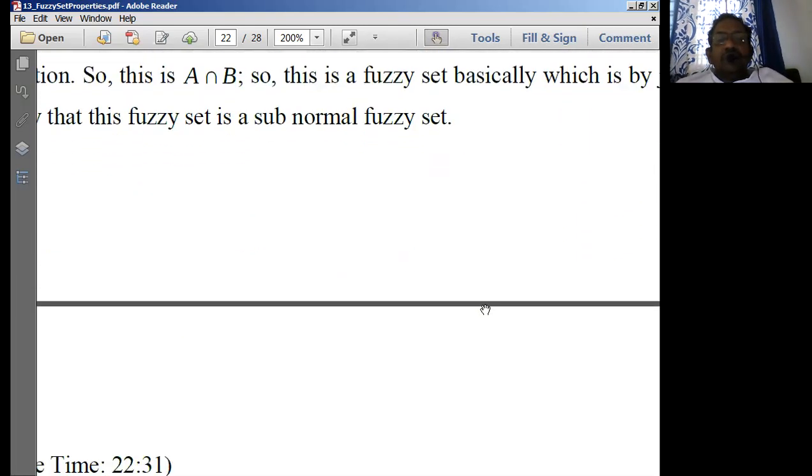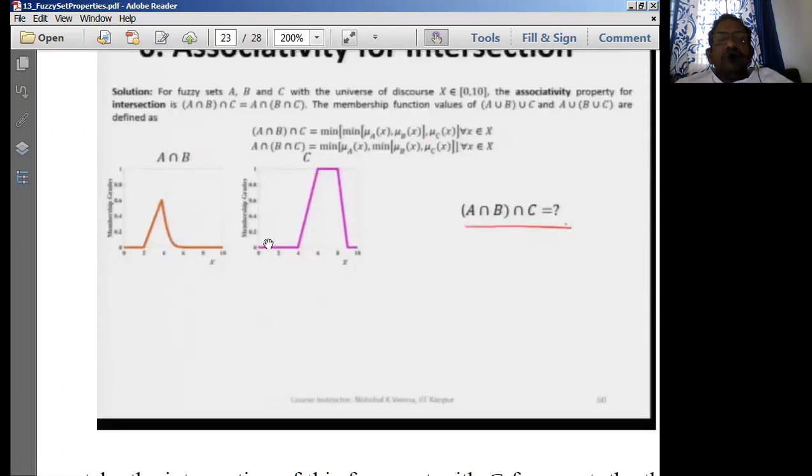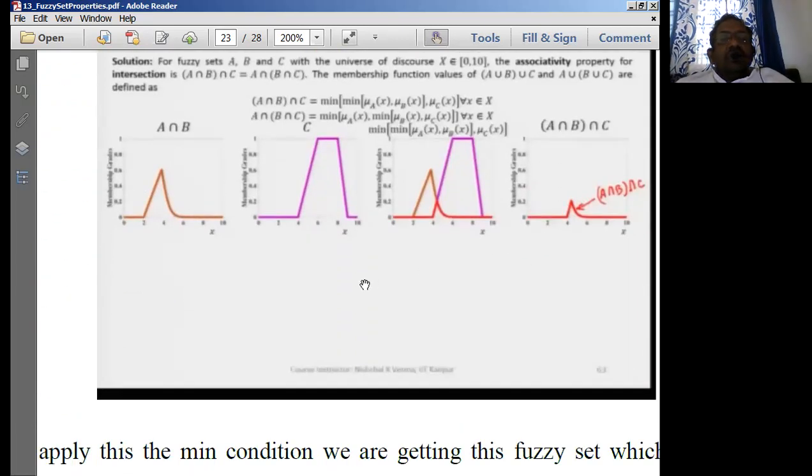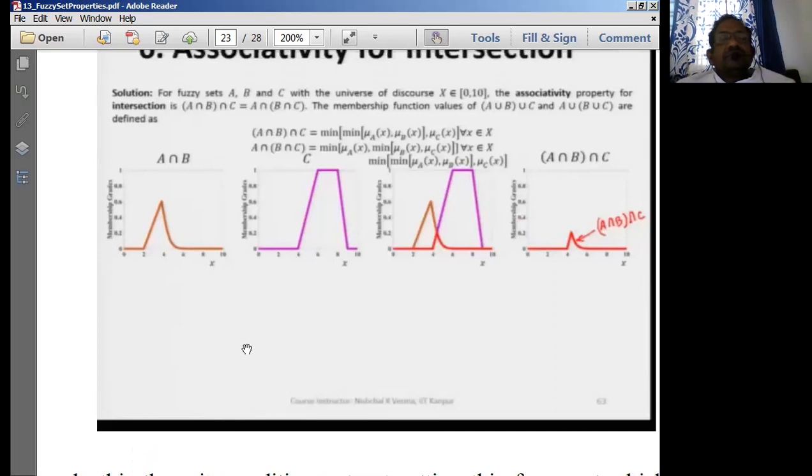You should perform A intersection B intersection C now. So this is C function. So to find out A intersection B intersection with C, this is the functionality we have. Now let us see this. A intersection B is this function we have. Intersection C. C is starting at 4, so we're going to start this at 4, and this is the trapezoidal function we have. So we have to use a minimum among these two. What is the minimum among these two that you have to follow? So up to 4, what is minimum? C is minimum.